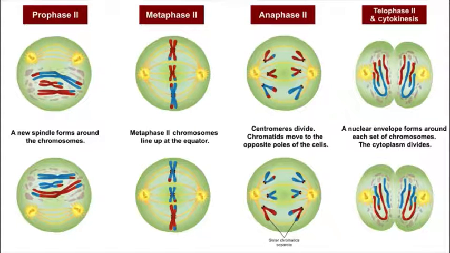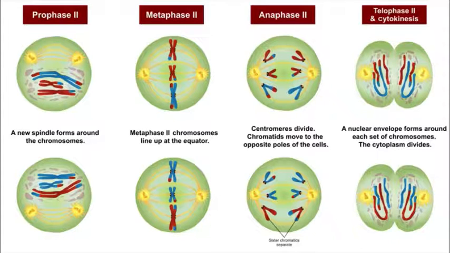In prophase 2, you could see that there will be the disappearance of the nucleolus and nuclear membrane, and the centrioles are giving rise to the asters, and they are connected with the help of the spindle fibers, and the chromatin material undergoes condensation and becomes chromosomes here. And in the metaphase 2 stage, the chromosomes are arranged in the equatorial plate with the help of the centromeres. That is called a metaphase plate.